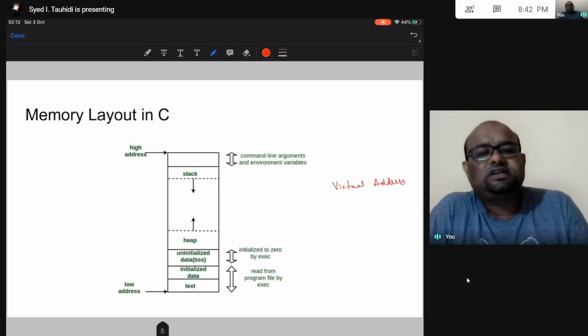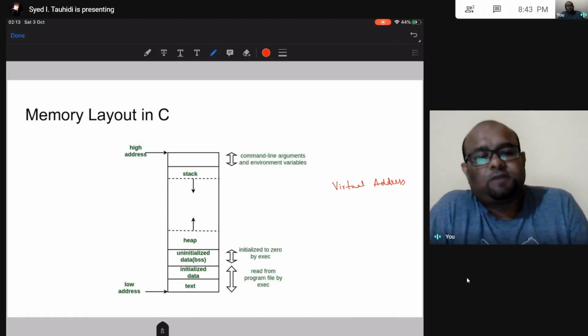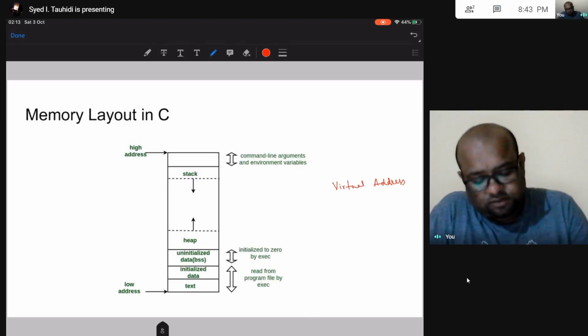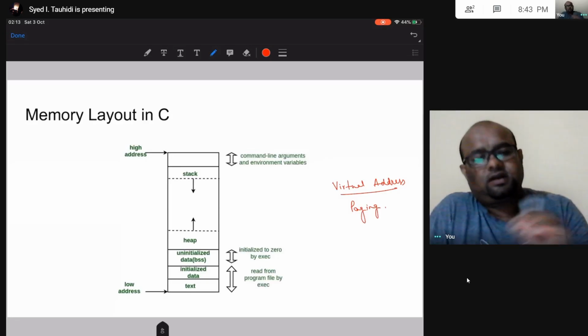This enables us to do a very useful thing. For example, say your program needs 4 GB of memory, but your computer has only 2 GB of memory. What virtual addressing enables us to do, because of a concept called paging, is that we can store only the required memory.